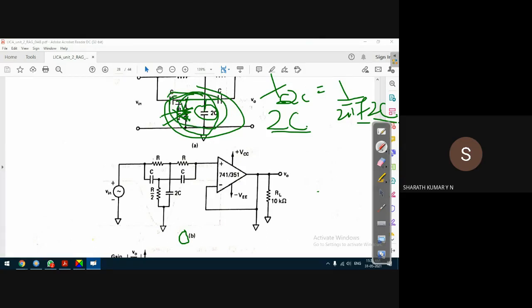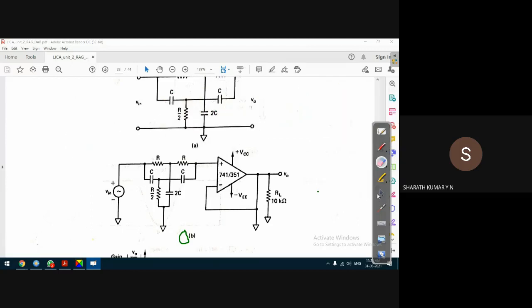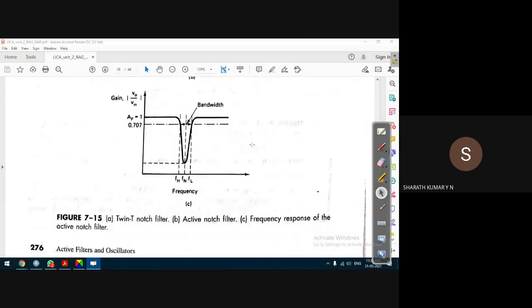So we can adjust the impedance in such a way that we can vary this frequency Fn, so that at a slightly varied frequency we can block a particular frequency Fn. That is the advantage of having this notch filter network. That's why at the notch frequency Fn, the output voltage becomes 0, and hence we can say that it acts as a narrowband filter.